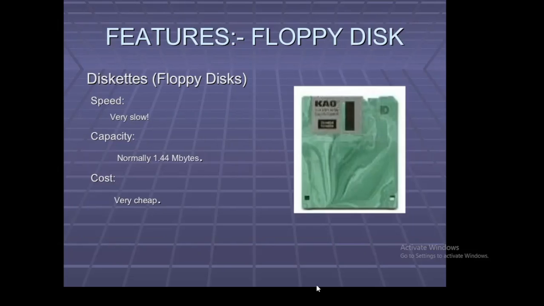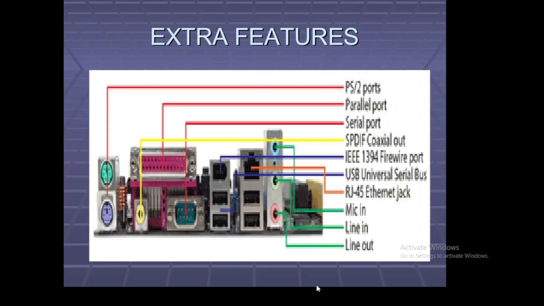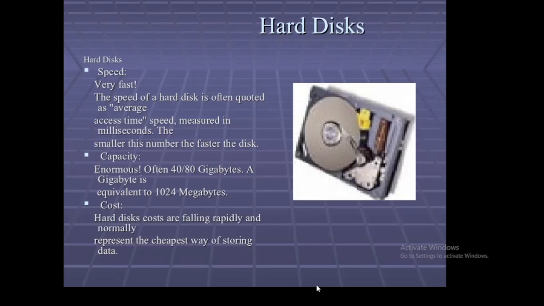Discuss floppy disk: speed very slow, capacity normally 1.44 megabytes, cost very cheap. Extra features you can see here. Hard disk: speed very fast, capacity enormous, often 40 and 80 gigabytes. A gigabyte is equivalent